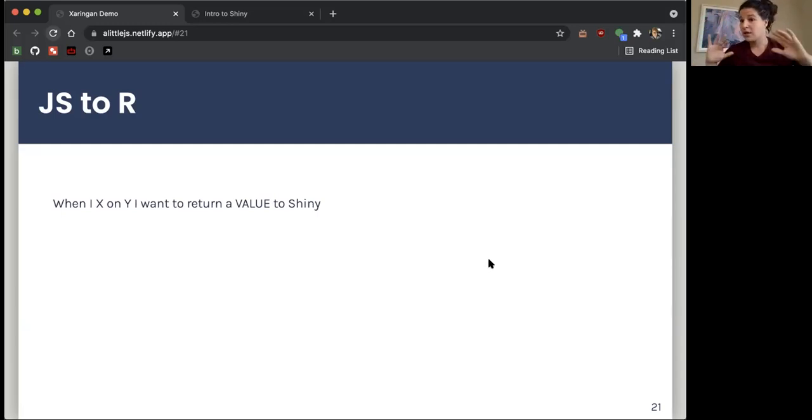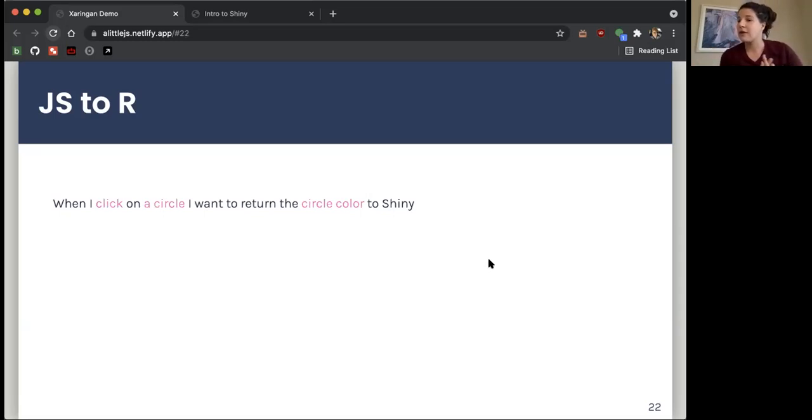Okay, here's a whole other, so not even stopping to pause here, whole new chapter, talking from JavaScript to R. I want to do fancy things in JavaScript and have those accessible to my R code. I don't know why you would do this, but I want to do some data transformation in JavaScript because you're a masochist, and then I want that to be available to me in R. So in my example here,